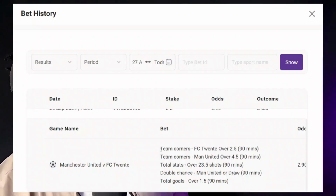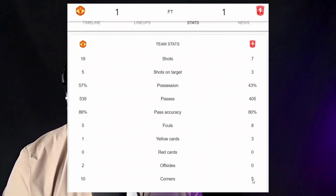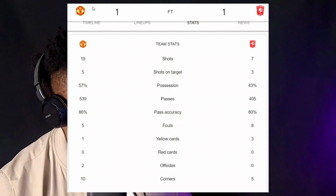Alright, so I've opened up the bet slip from the game, Manchester United versus FC20, and we're going to go through the results that resulted in us winning that bet. So straight off the top, we betted that team corners for FC20 will be over 2.5 in 90 minutes. And as we can see over here, FC20 managed to get 5 corners during the match, so we won that